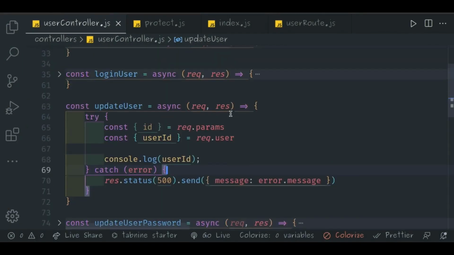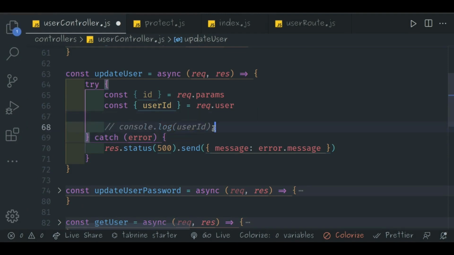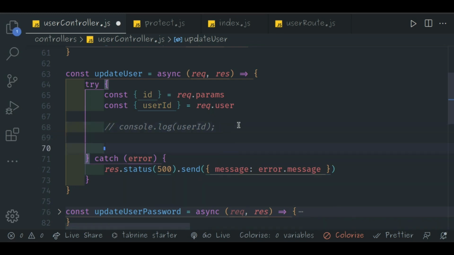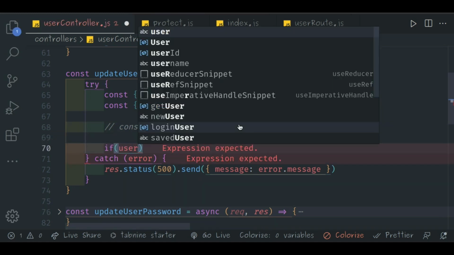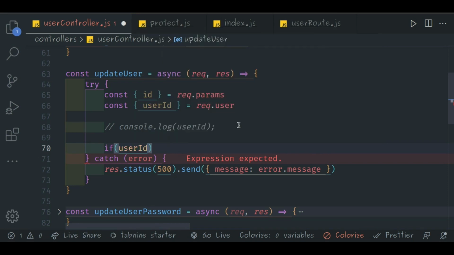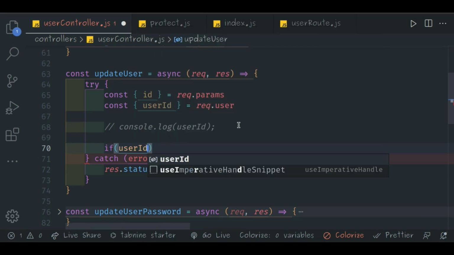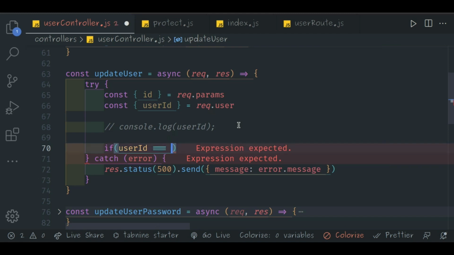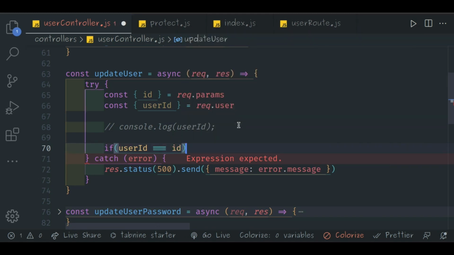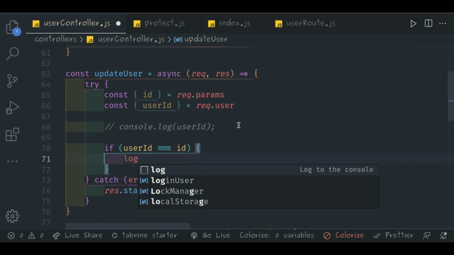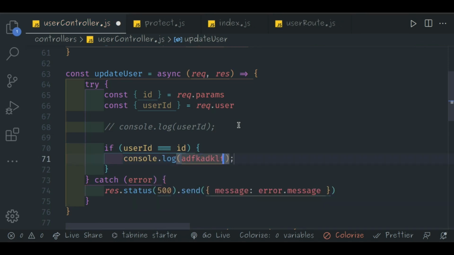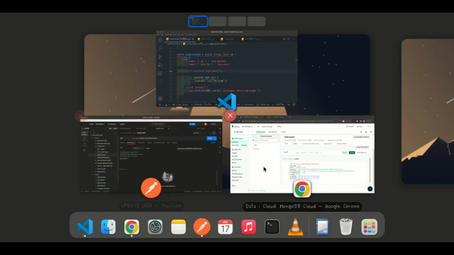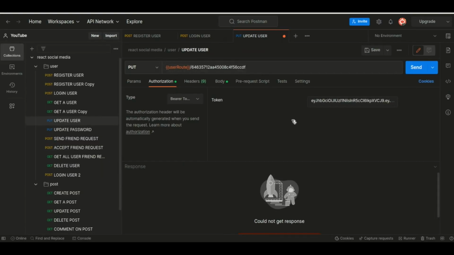Now inside of here, let's comment this user ID. First of all here, I want to check the user ID. If this user ID that was provided to us equals this our ID here, let's log hello. Now